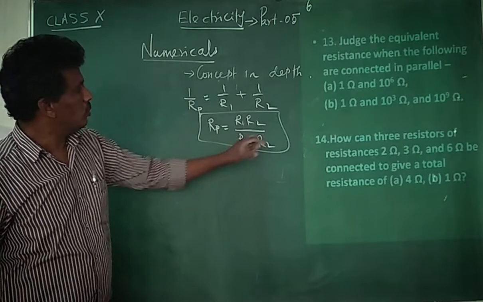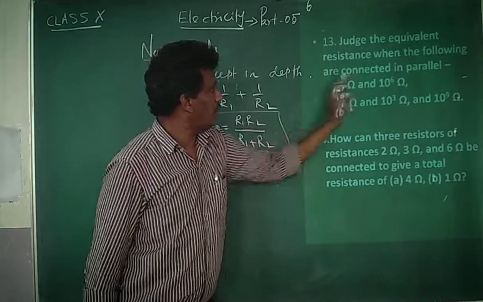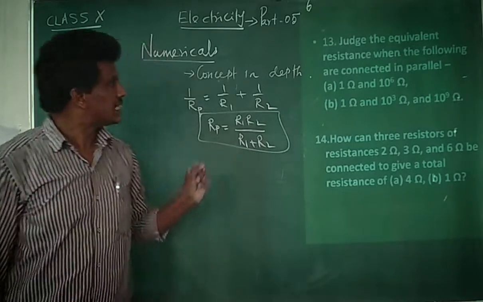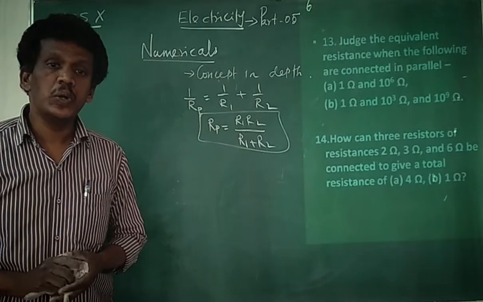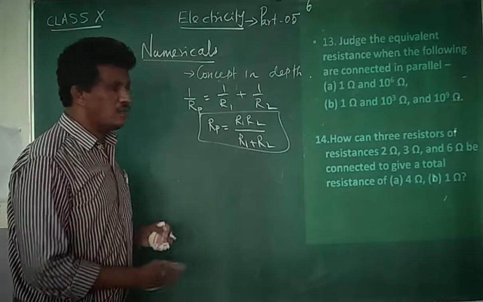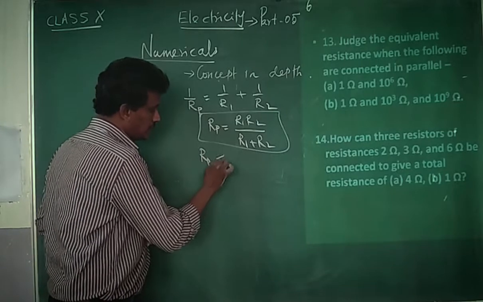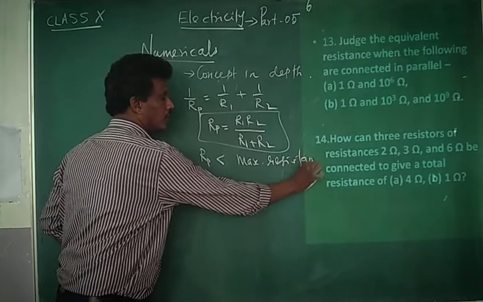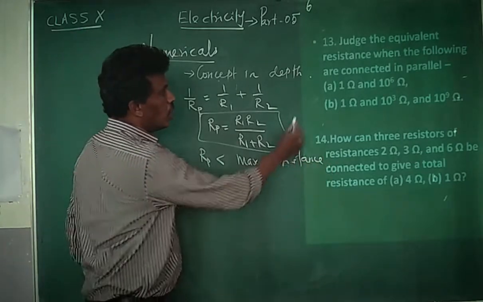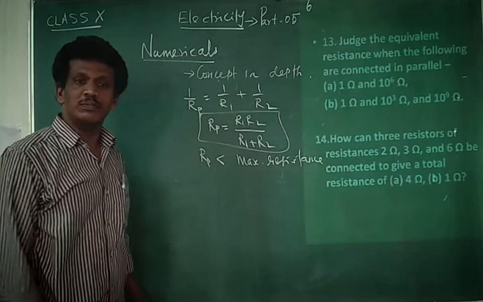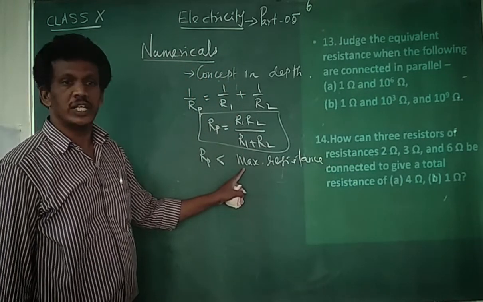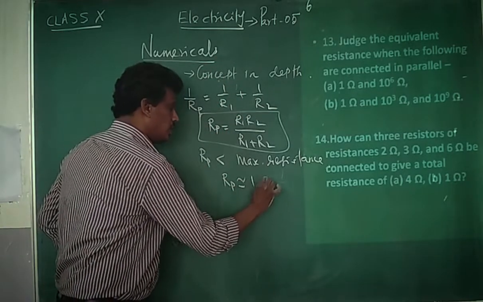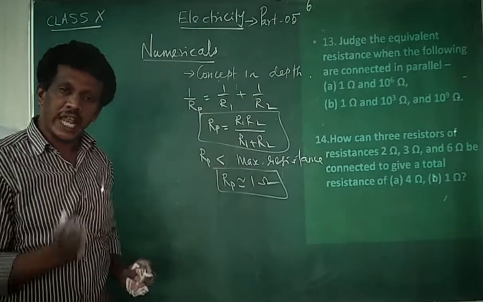This is the basic formula. Yes. Now what you will do? You take 1 ohm, put 10 power 6 and simplify. You remember when I was discussing parallel combination, what I told? The effective resistance is always less than the maximum resistance. So what are the values given? 1 ohm, 10 power 6 ohm. So the effective resistance must be what? Less than 1 ohm. Can I write RP nearly equal to 1 ohm? Exact answer, slightly less than 1.